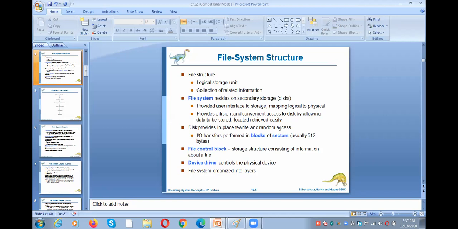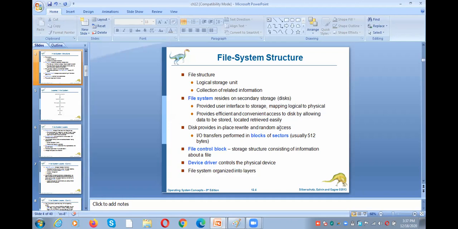And the next one, coming to the file control block. What is a file control block? The file control block contains information about the file. That means the file name, inode number, file permissions, who is the owner of the file, who is the group owner of the file, the group ID of the file. And next, the size of the file, when it was created and last modified, and the hard link count. So all these things are available in the file control block.